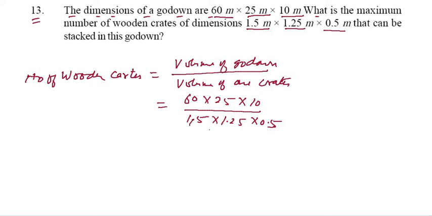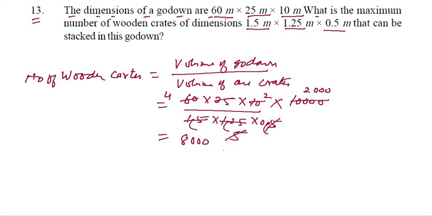Now we can calculate this one. Removing the decimals, how many are there? 1, 2, 3, 4. So you can put 4 zeros. So 5 5s are 25, 5 5s are 125, and 15 is 4 times. Now once again 5 2s are 10, and once again 5 1s are 5, and 5 2s are 10. So 2000 here. So 2 2s are 4, and 4 2s are 8. So it becomes 8000. So that is the 8000 cartage, and this will be the answer.